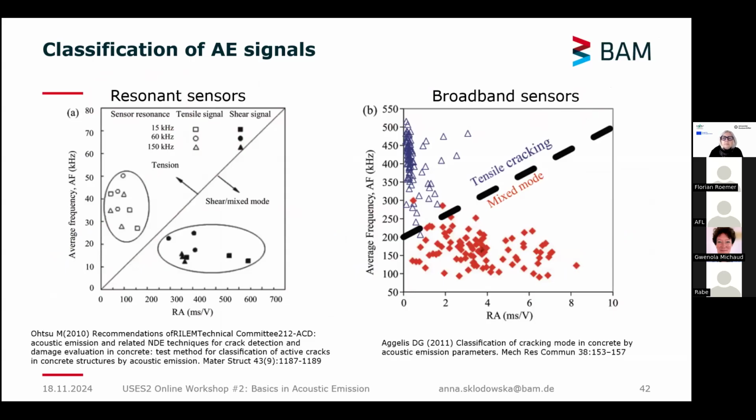But this is something that has to be adjusted. The line is not something that we use as one line for every kind of event, so it should be adjusted to every single experiment separately. So still, this is something that is mostly used in laboratory experiments and not much in real monitoring applications. But it's still possible even with just simple parameters obtained from the waveform.